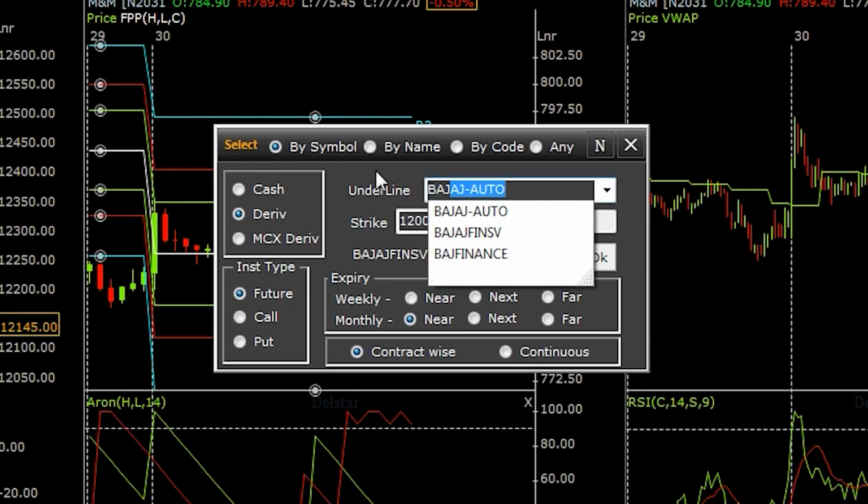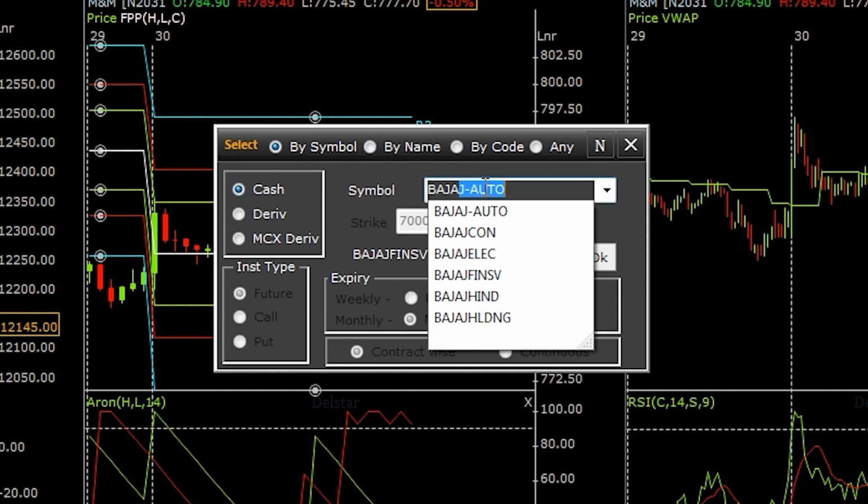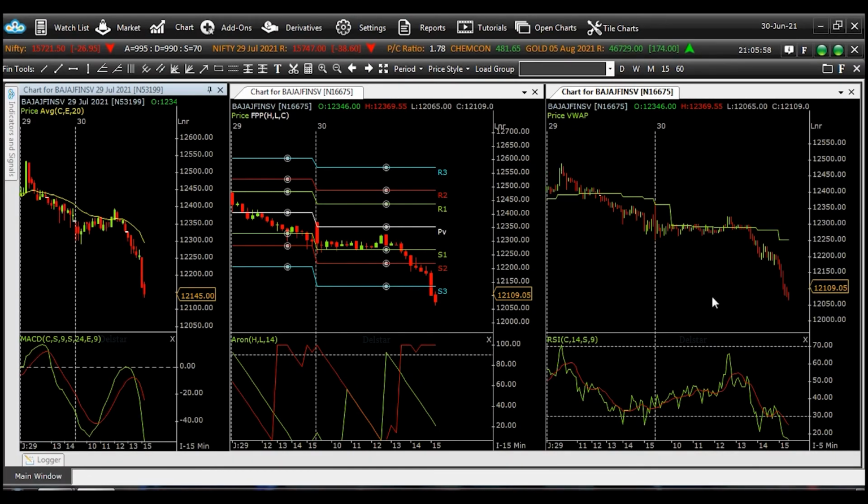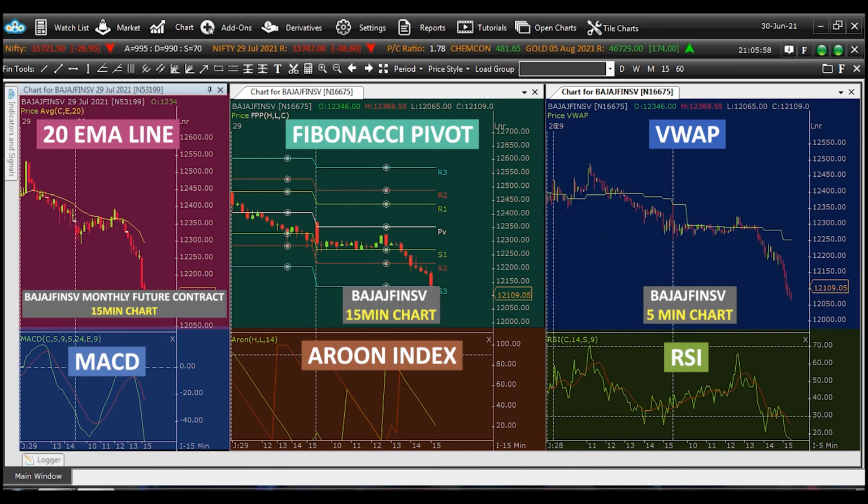This is the M&M chart. I will change it into Bajaj Finserv. So our trading setup is complete. As you can see, I have analyzed the future and stock script side by side of Bajaj Finserv.